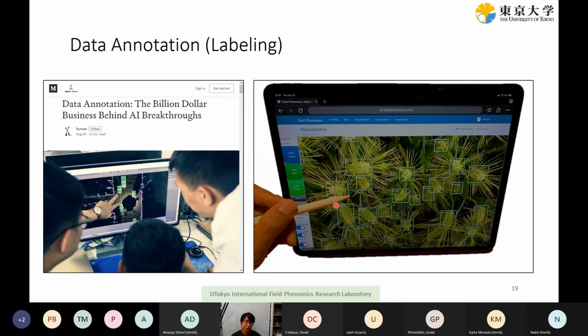For example, if you want to detect the head of the wheat, you need to draw the bounding box on the pictures. If you want to detect humans, you need to draw the bounding box of the human, right? If you want to detect cars, you have to draw the bounding box of the cars. So that's time-consuming work for every field, and it is also super, how to say, boring work